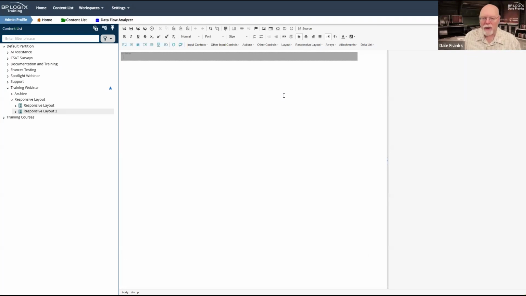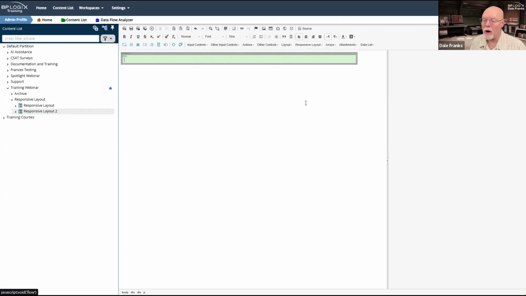So now we can start building an actual Process Director form, because we do need to start using the form row and form group controls to start building our control. Now, if I wanted to put a header on this form, which I do, I will go ahead and in responsive layout, add a row. And then in that row, I'm just going to add a single column.